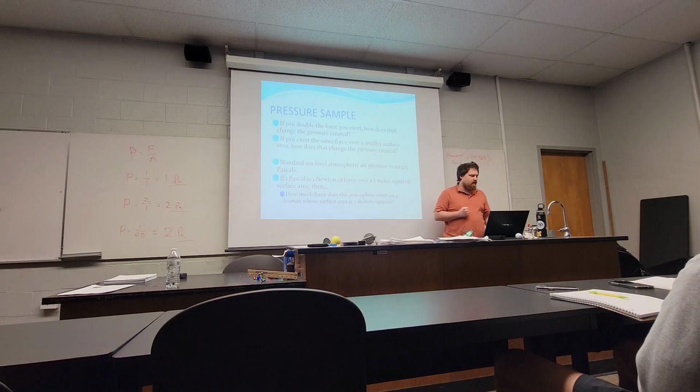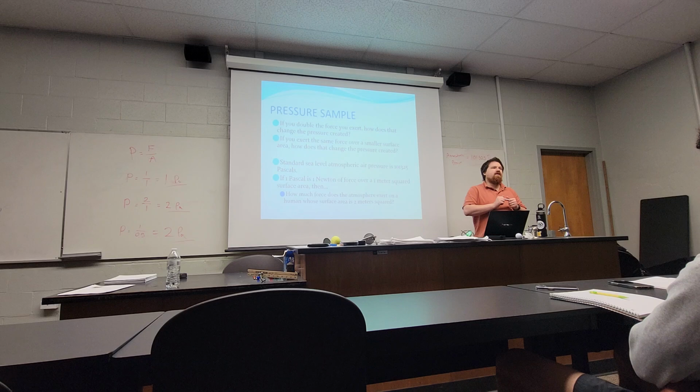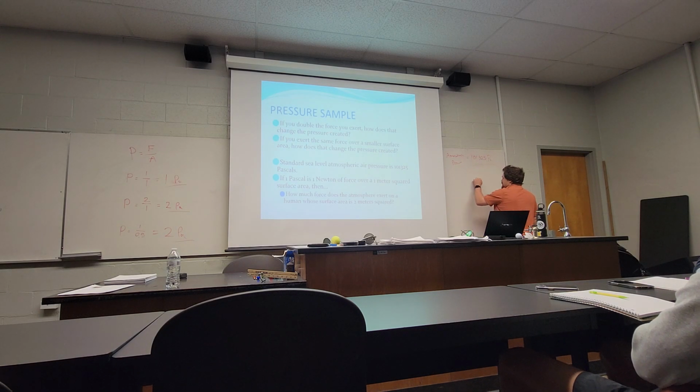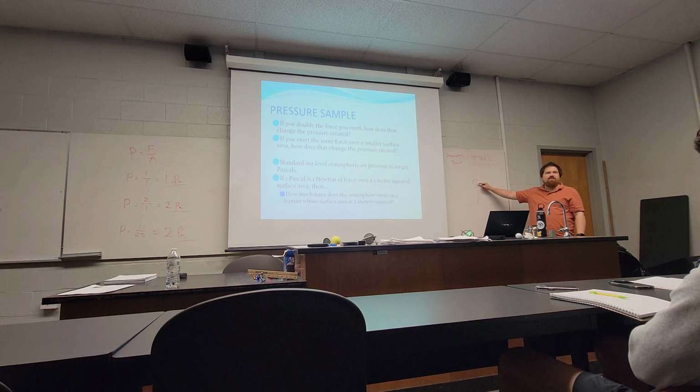This relates to something called the bed of nails scenario. A single nail has a really tiny surface area, like the tip of that nail has minuscule surface area. So sharp objects tend to actually generate high amounts of pressure because their surface area is teeny tiny. Divide by a teeny tiny number, you get a lot of pressure. Doesn't even take a whole lot of force. That's why humans invented needles for medical purposes. It doesn't take a lot of force to generate a lot of pressure with a pointy object.